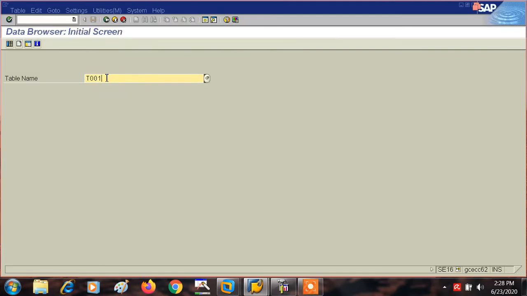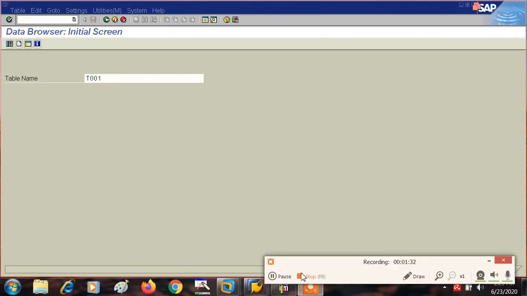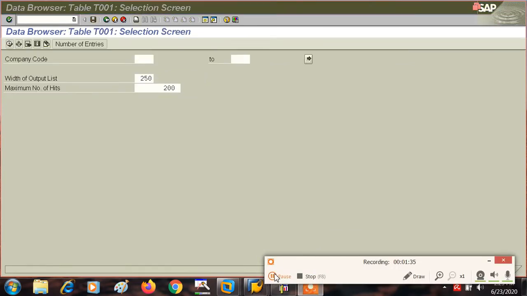So here the table is T001. You type T001. Here you give the name of your company code, which is TA01, and execute.